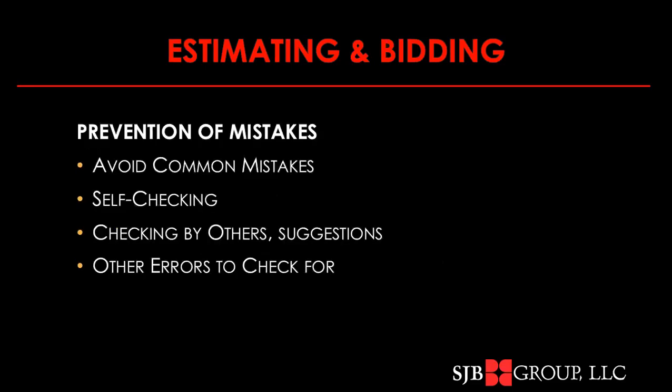Next. The prevention of mistakes. We're going to talk about avoiding common mistakes, some things we can do to self-check our work and to do our work so that it can be easily checked by others. And we're going to discuss some additional types of errors to look out for. Some common mistakes include an item that's missed entirely, an item that's doubled up, a decimal place that's placed in the wrong place,